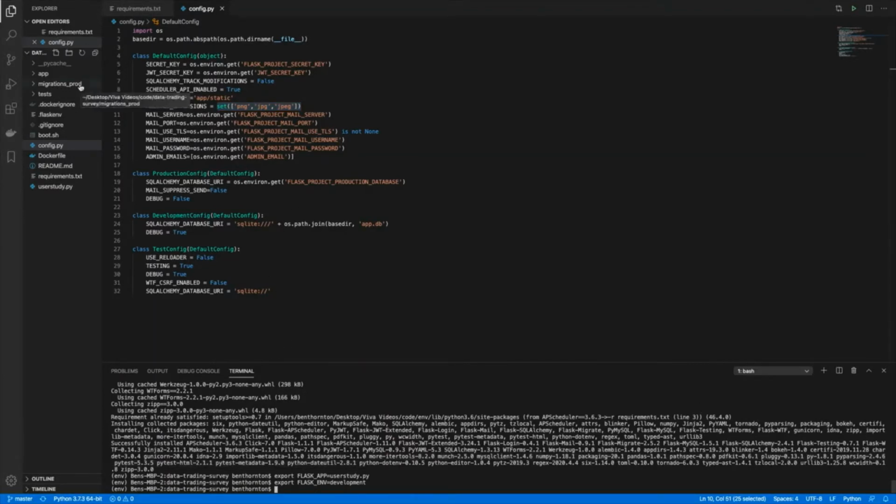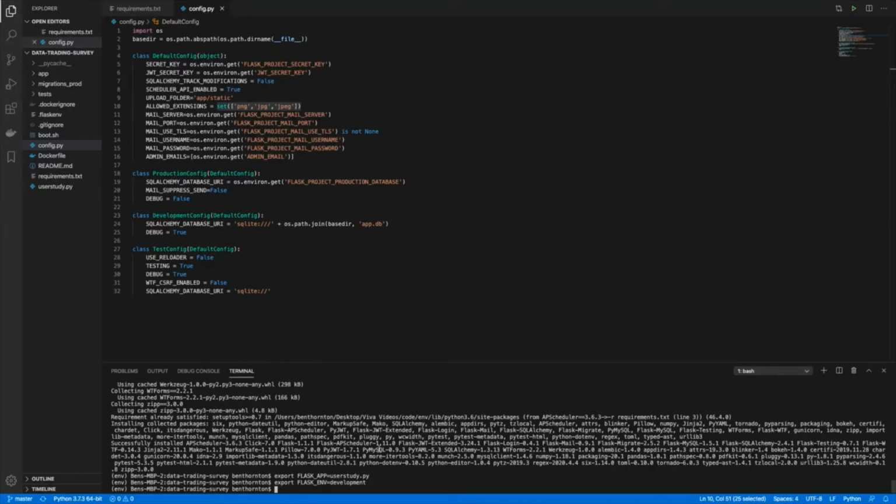Folder for the schema migrations for the production database, and we want to keep the development and production migrations separate. So do not interfere with any of the production data or the schema that's running on the production side.